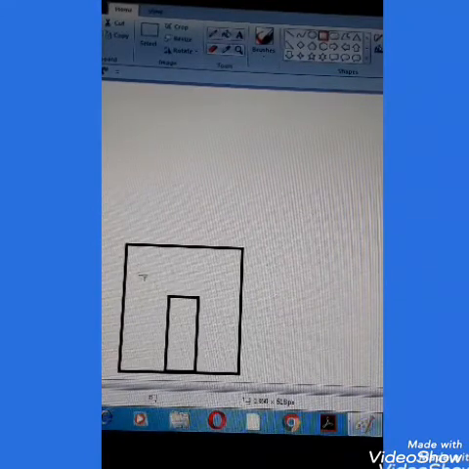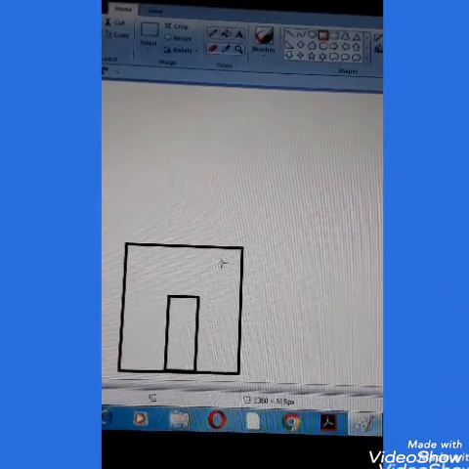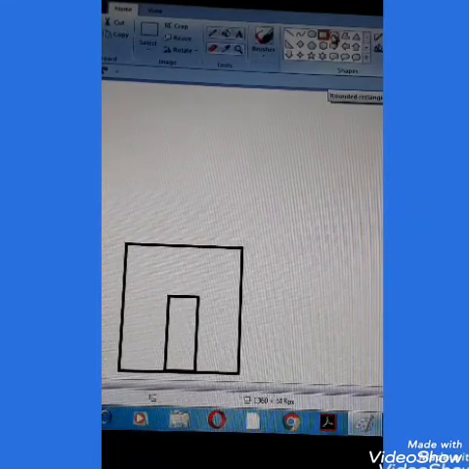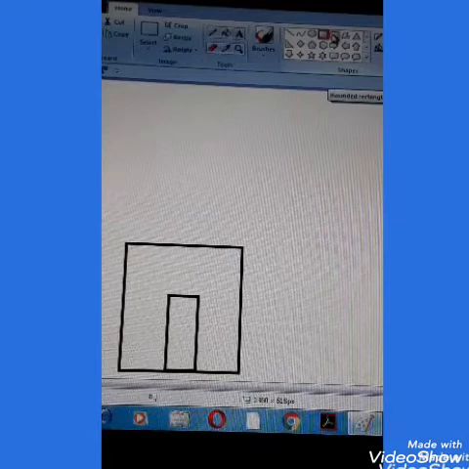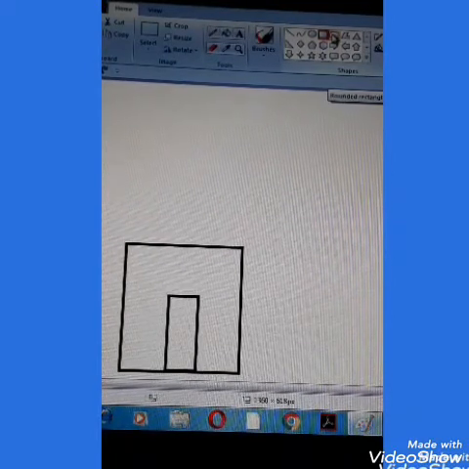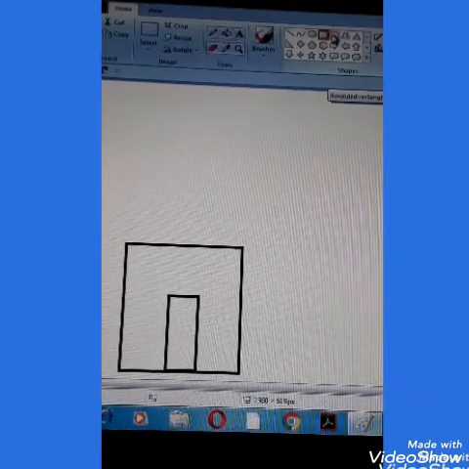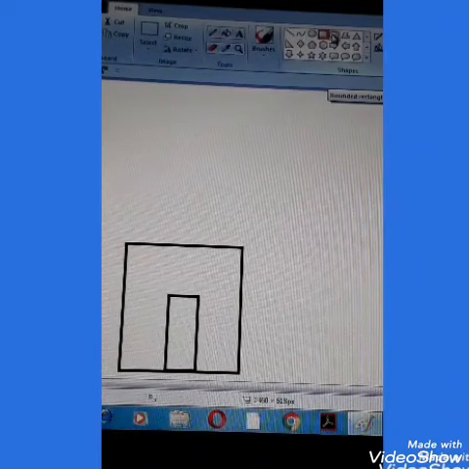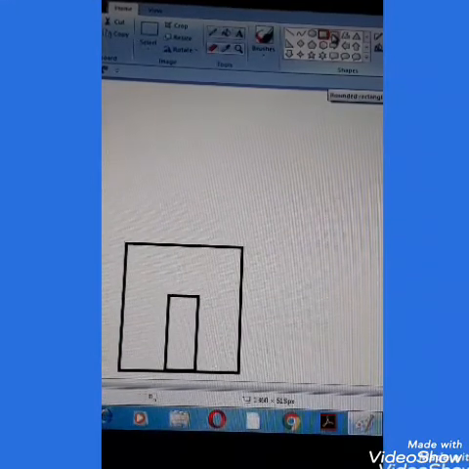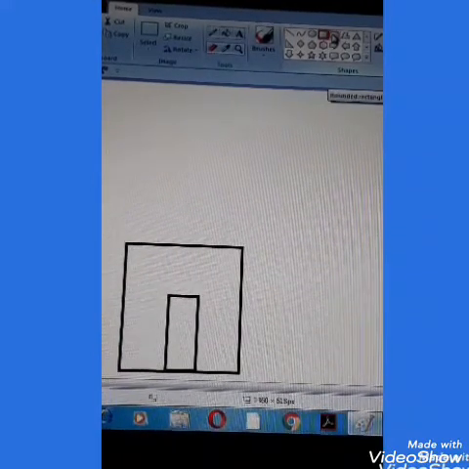Now here I am going to draw windows. For windows, I am going to take rounded rectangle. Now children, you might be thinking, window we can do with the help of rectangle tool also. But here I am purposely taking the rounded rectangle so that you can learn to use that tool also.